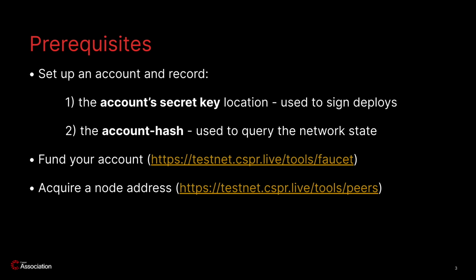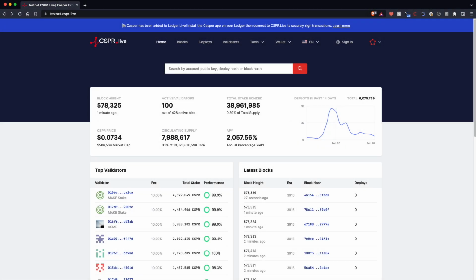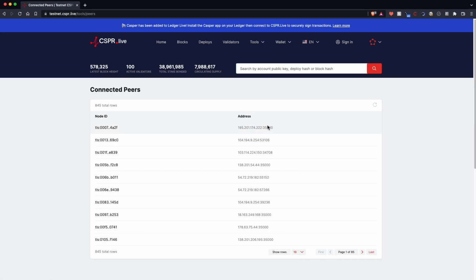But before we do that, let me just show you really quickly what the testnet looks like. So here I'm showing you in my browser, I've navigated to testnet.cspr.live, and this is the testnet that we will be using to deploy our transactions to. So the first thing you want to notice is that at the top, there is the tools. And if I go to connected peers, these are the list of validators that I am able to select from. So I could choose any one of these, but making sure that when I make my requests, as you'll see in a moment, instead of this endpoint, we will actually use port 7777 to indicate that we're making JSON RPC